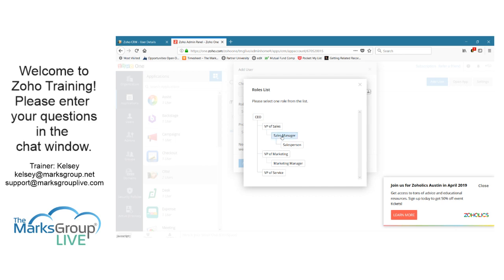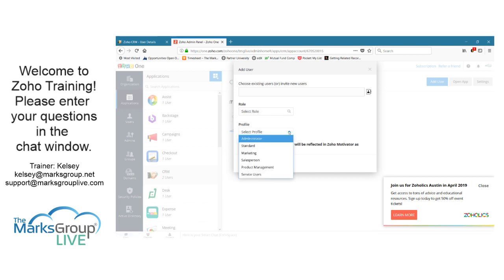Let's see, the sales manager will be able to access their records and the salesperson's records, the person that's below them, but they won't be able to access the VP of sales who's above them or the CEO. So it just allows you to define a hierarchy and dictate which records should be available to that role or that person. And then the profile is, in summary, a